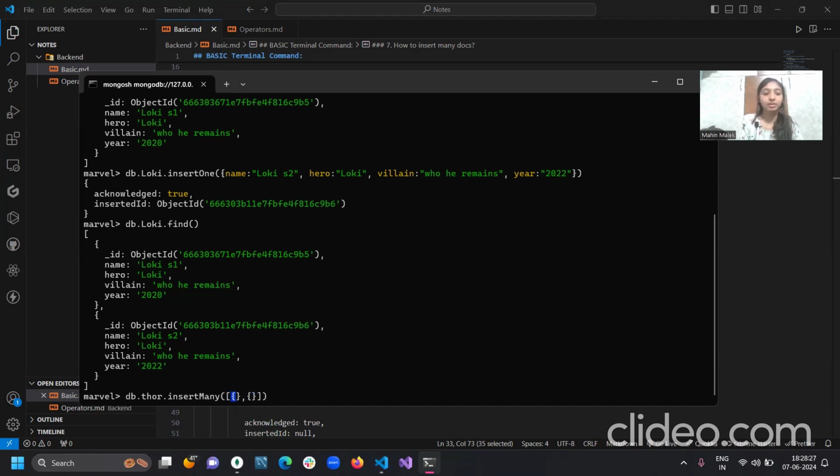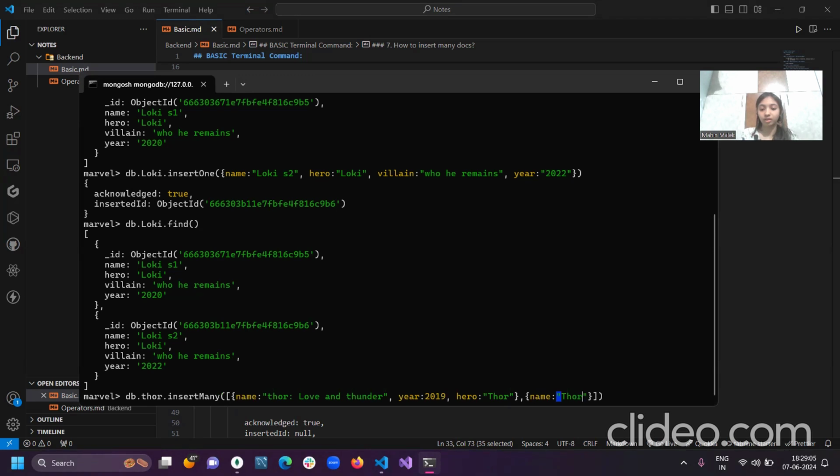So for example, give as a name, Thor Love and Thunder. Okay, and year, I don't know the exact year, so let me just say 2019. I don't know the perfect year. And then hero, obviously, it is Thor. Okay, this first one is created, and the second one is name, like